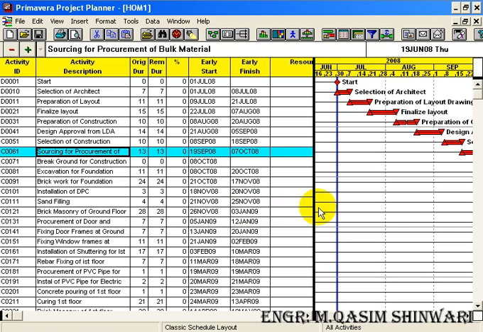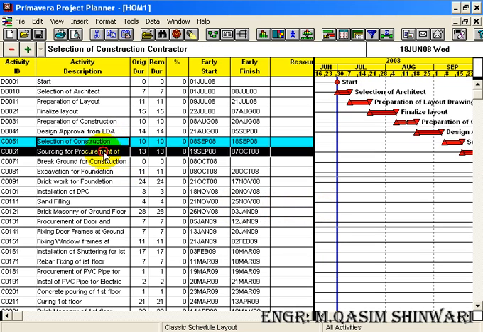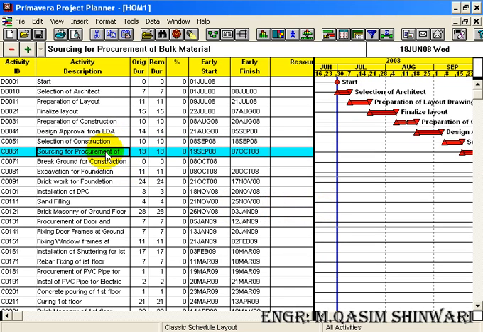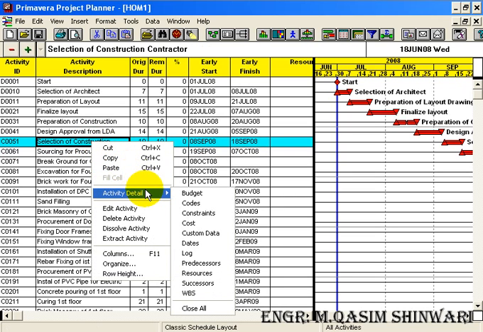You can observe that the activity C0051, which is selection of construction contractor, and C0061, which is sourcing for portion of bulk material, both of these can be started simultaneously. So click on the selection of construction, right click, go to activity detail, and there click